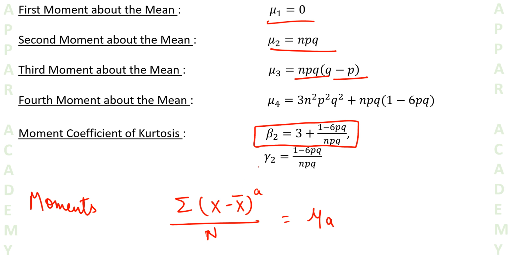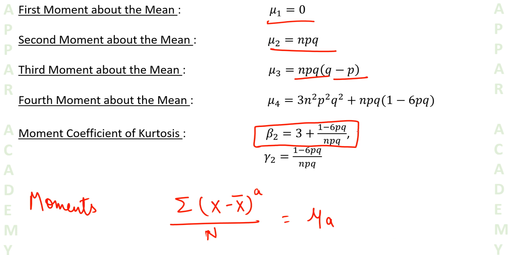And we have another coefficient, the gamma 2 coefficient. Gamma 2 is simply beta 2 minus 3. So this becomes (1 minus 6PQ) upon NPQ. Right? So now since we have this,